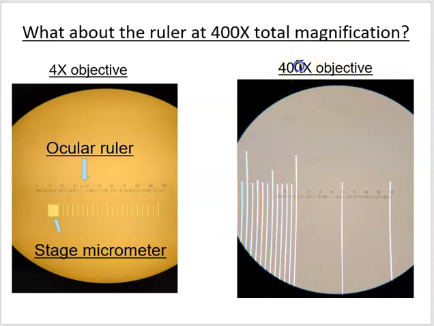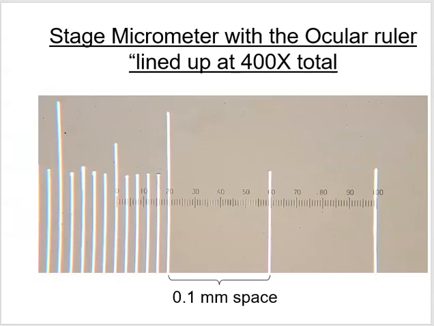Well, now if we look over here under the 40 times objective there, not 400, 400 times total magnification, these lines on this are 100 times larger than they are over there. The ocular ruler is still the same. That does not change. What changes is the magnification of your specimen. So if we crop off and blow up our picture right here to see the magnified image of this, you can see that the lines on the stage micrometer